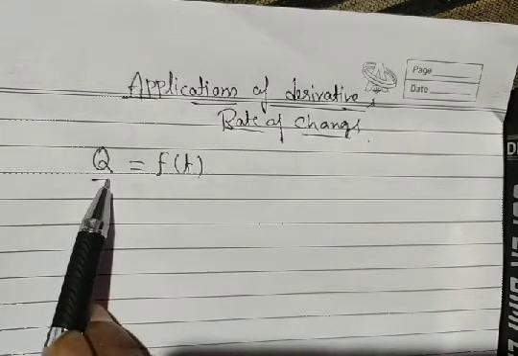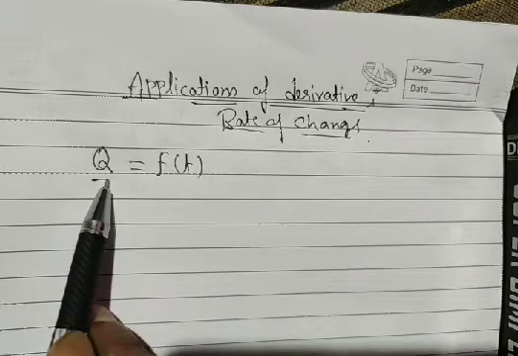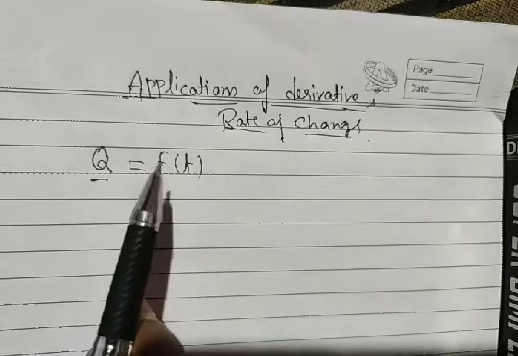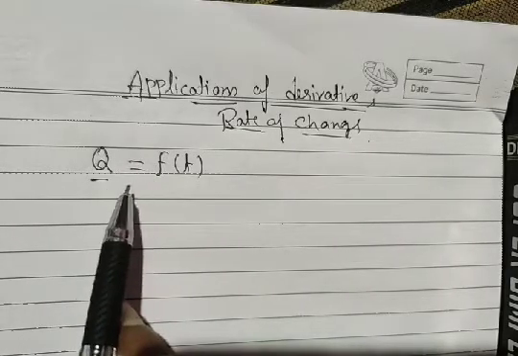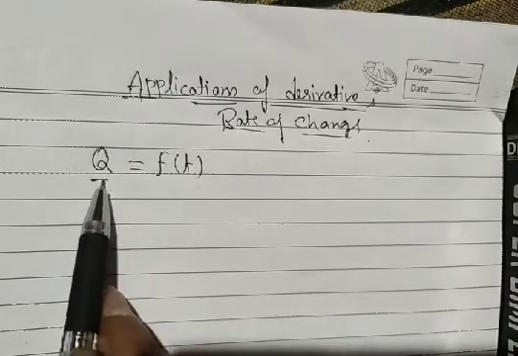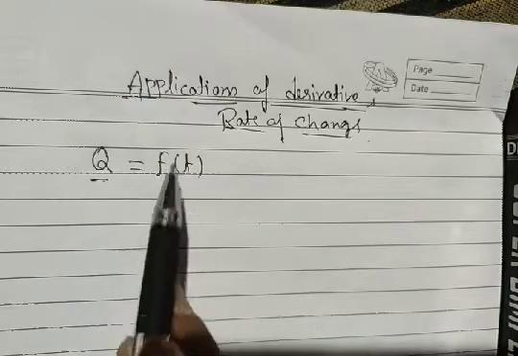It may represent the volume of a balloon which is being inflated. We can also consider it as the amount of a chemical product produced in a reaction. Also, we can take q as the distance traveled in t hours after the beginning of a journey.